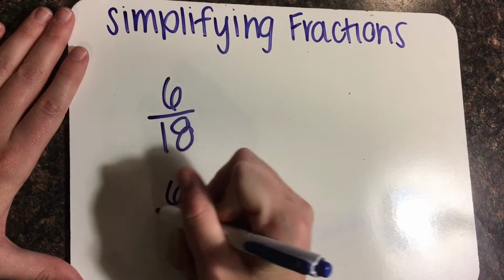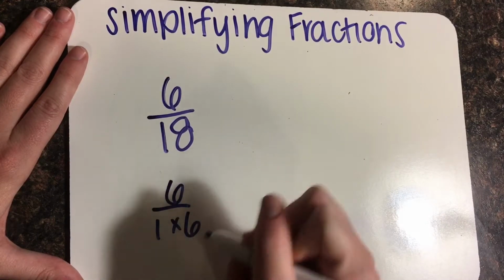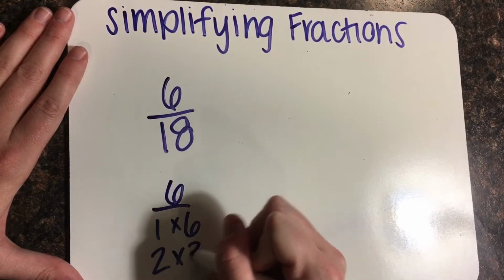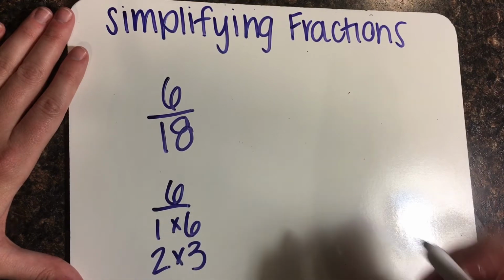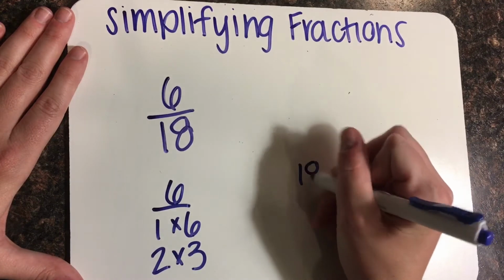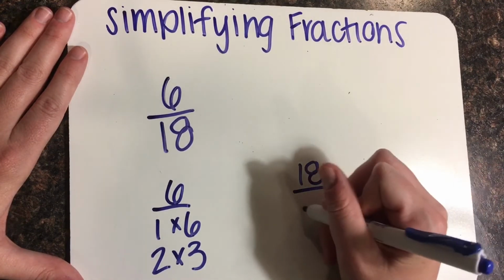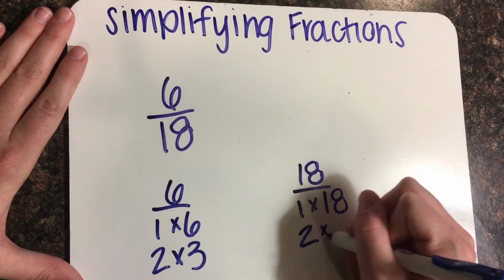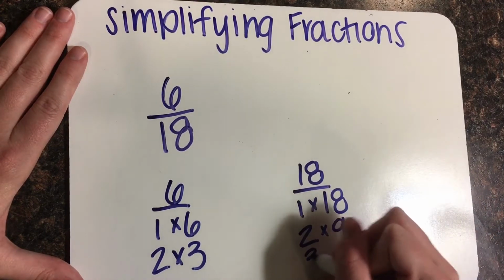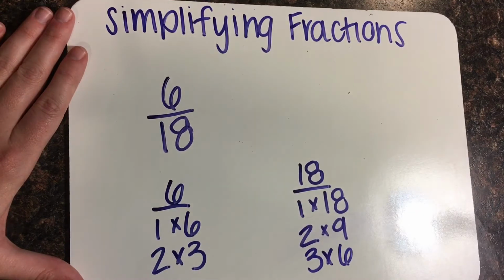So my factors of 6 are 1 times 6 and 2 times 3. I could write 3 times 2 or 6 times 1, but all I'm looking for are these values here. Okay, now I'm going to do the same thing for 18. My factors of 18 are 1 times 18, 2 times 9, and 3 times 6. Okay, like I said, I could do the opposite of each one of these,